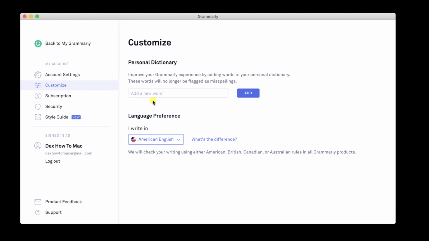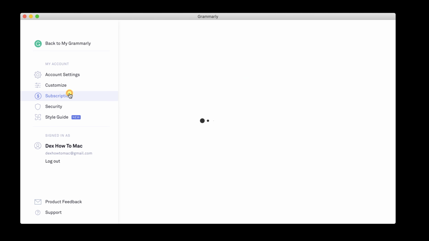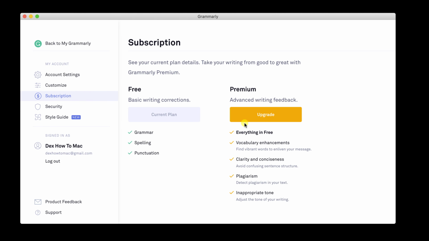Here, you can add a personalized dictionary, so you can add here whatever word you use and it's not added into the English dictionary. Also, you have here the option to change the language preference. You can use Canadian English or Australian English, depending on your zone where you live. On the Subscription tab, we have the option to upgrade the account to a premium subscription.